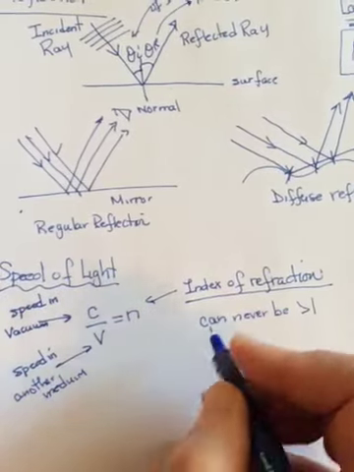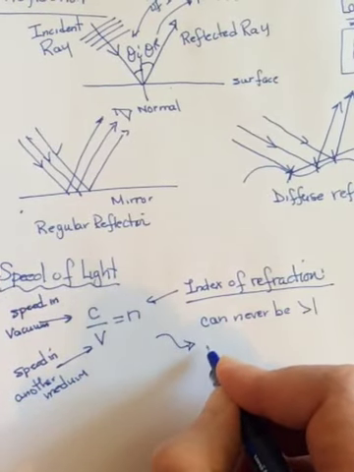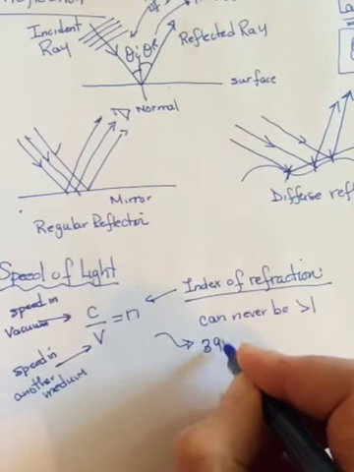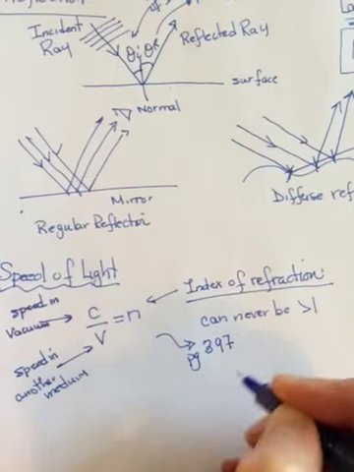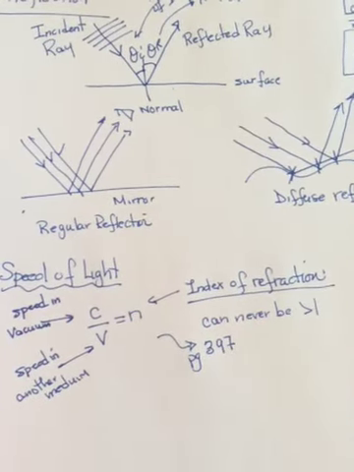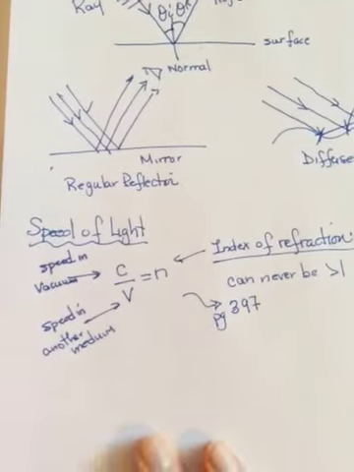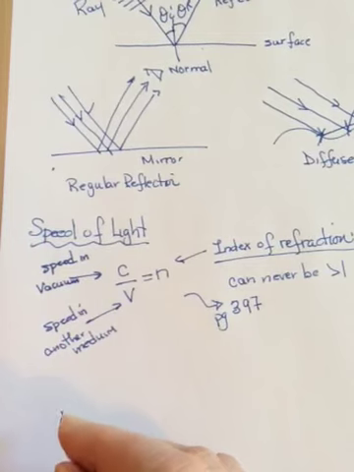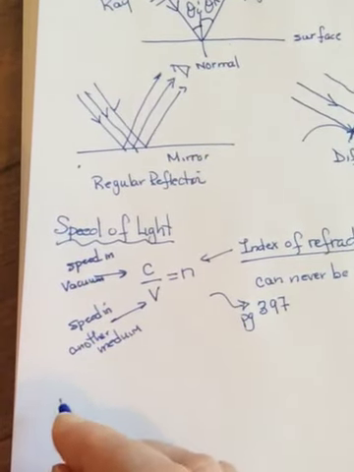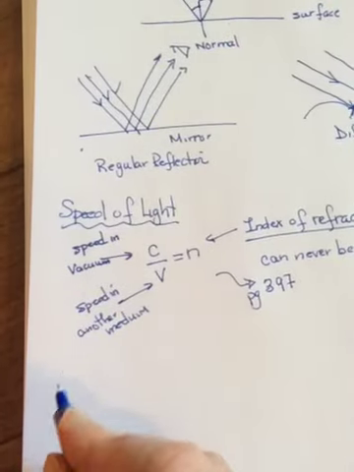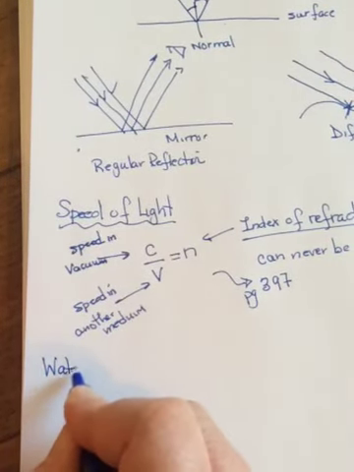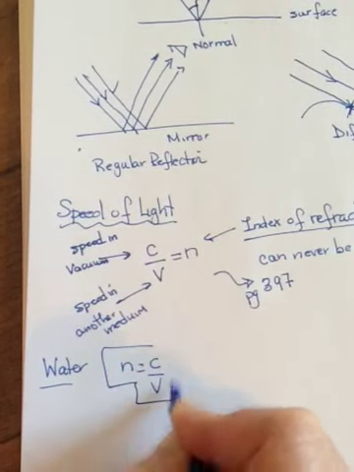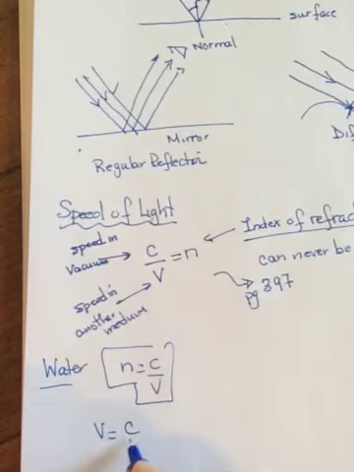Now there's a table in your book that has some different indices, plural of index, indices of refraction. It's on page 379, so you might need it when you're doing some questions. Somewhere in your notes I ask you to calculate the speed of light in water and in diamond. So maybe pause the video for a second. It's going to pause itself in a minute, or in 10 seconds, and find the speed of light. So n = c/v is our equation. So rearrange it: v is equal